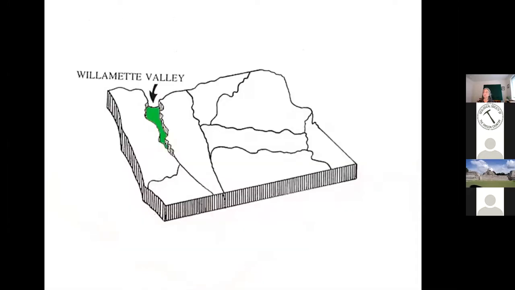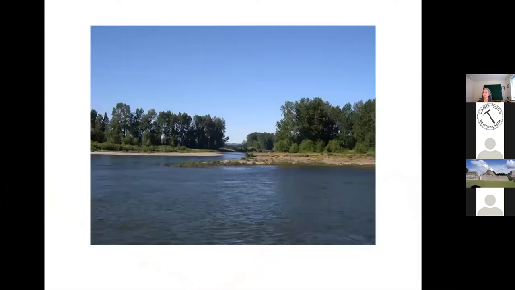And then finally, we'll end with our little neck of the woods, the Willamette Valley. The Willamette Valley is known to host the Willamette River. Now, the Willamette Valley exists, but not because of structural things that are going on. The Willamette River did not carve out the Willamette Valley, in other words, but it merely occupies the low spot in between two mountain ranges. We're wedged in between the Cascades on the east and the Coast Range on the west.